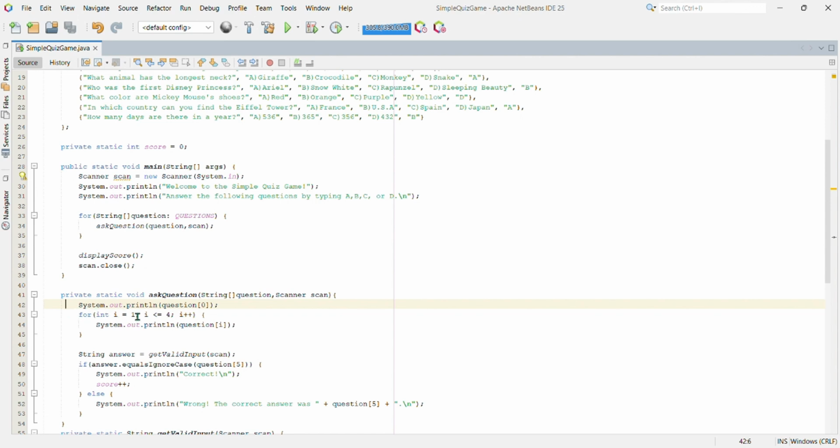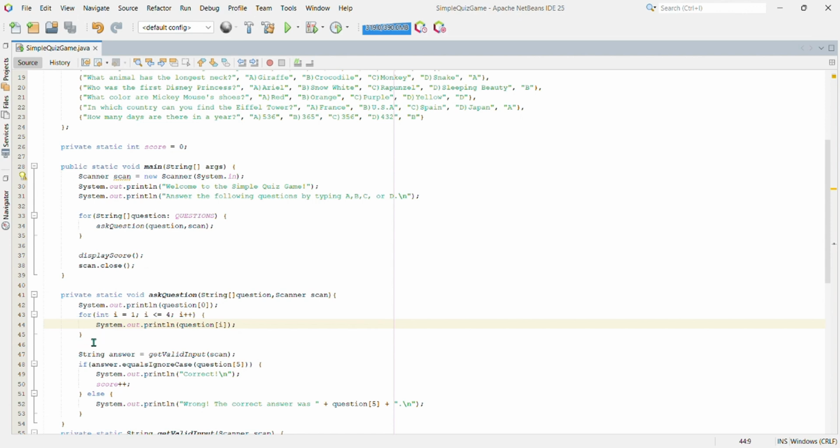This line prints the question itself, the first element of the question array, to the console. This line starts a for loop that iterates through the question options, elements 1 to 4 of the question array. And this line prints the current answer option to the console.